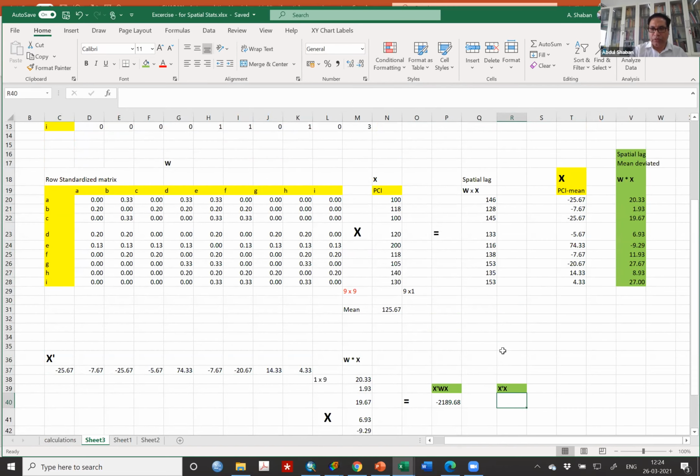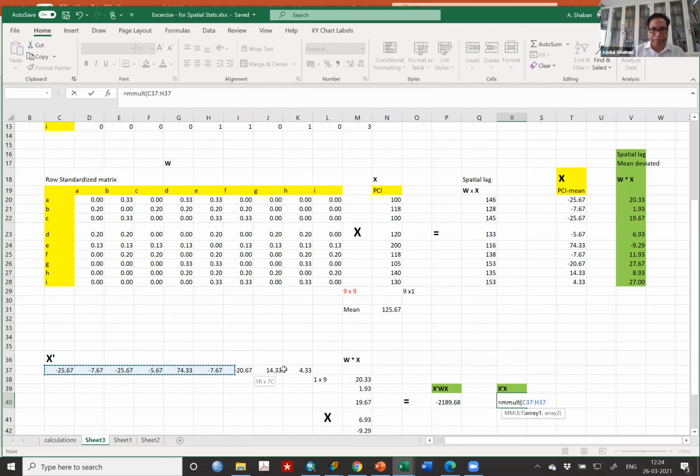Then you do equal to again mmult, and you block this one, and then again separation with the comma, and the X value is here. So you bring it here. And what will it be? Again, it is a scalar.